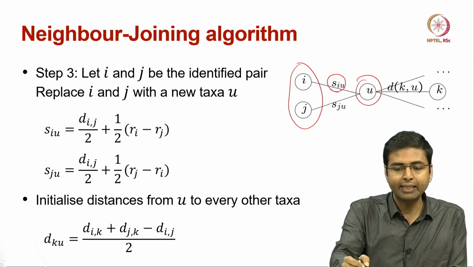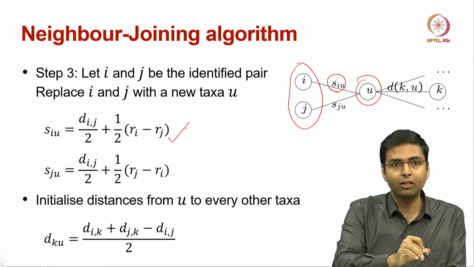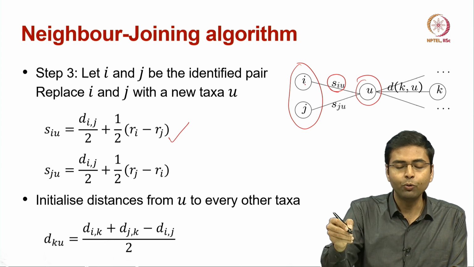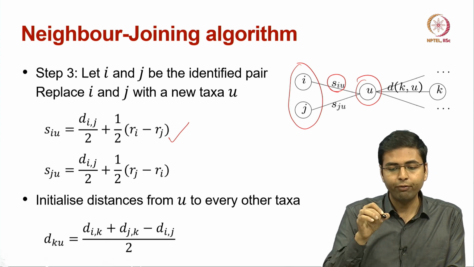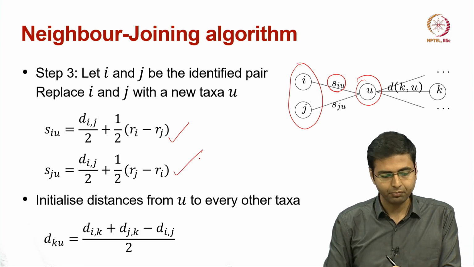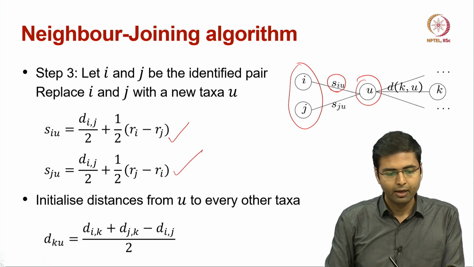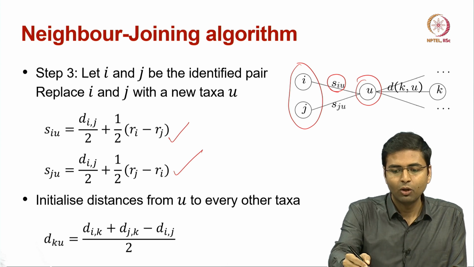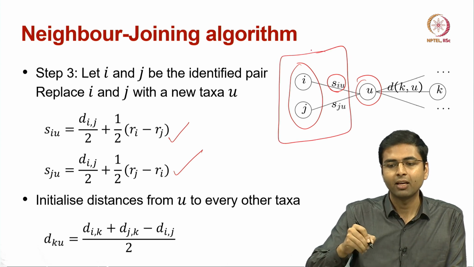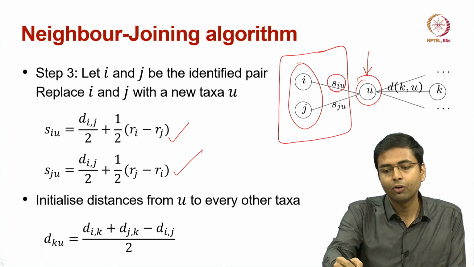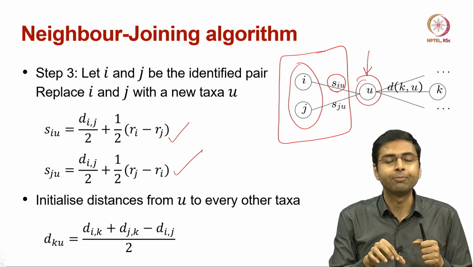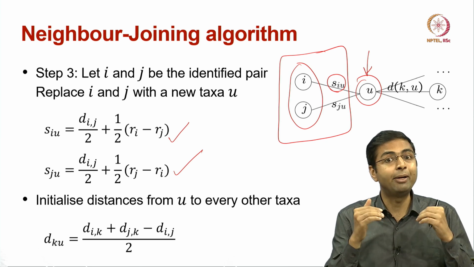We know the value of SIU from this equation. So, we use this equation to set the value of edge weight i to u, and the edge weight of edge ju will be set according to this equation. After this we can forget about these two nodes and consider u as the new taxa inside the matrix D. That is, we have reduced the dimension of the matrix by 1,